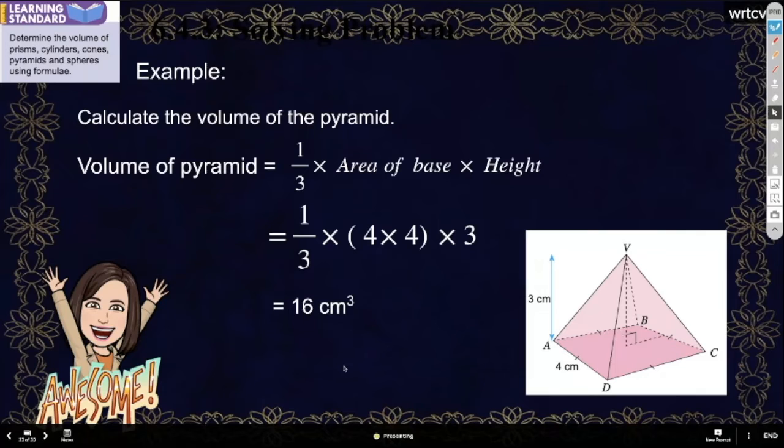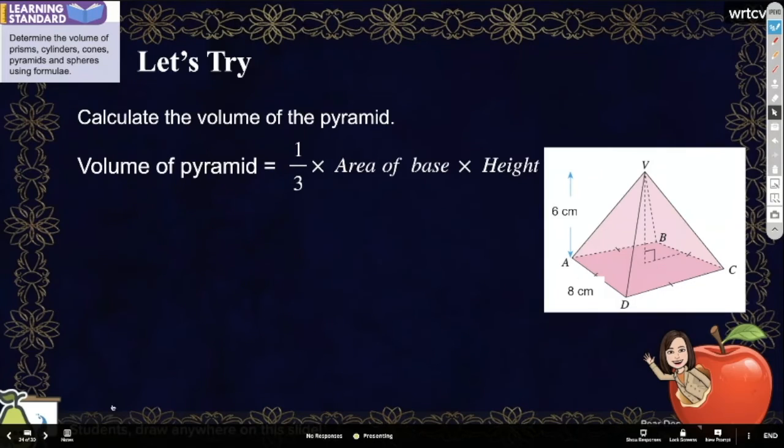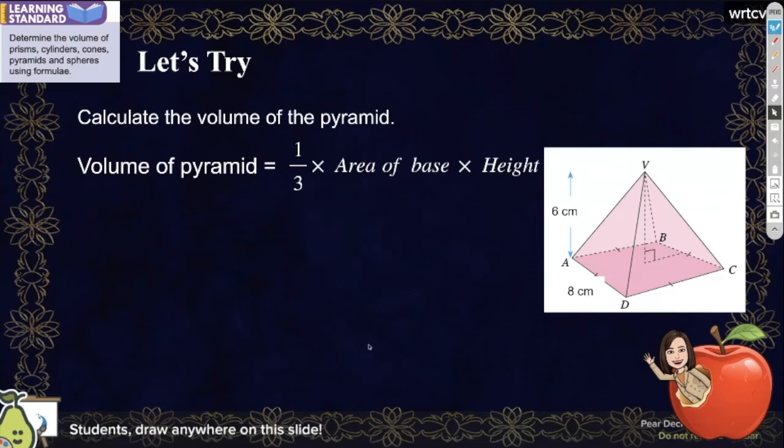Okay, so the next one you try same diagram, I change the value. Try to work it out, see y'all can do or not. Andika and the Daing, tak hantar tadi. Teacher, I sent my answer through WhatsApp. Yeah, I saw it already. Okay, because now marking Steffi and Steffi, the first one to send to me now, because now already holding my handphone, but I know that you all will send to me. Okay, good. 3 of you all mark already, correct? So it's not hard, right? Okay, you only remember the formula. Yes, Kesha. Okay, this is for this now. Okay, correct, Kesha. So Kesha, proceed for the next questions.